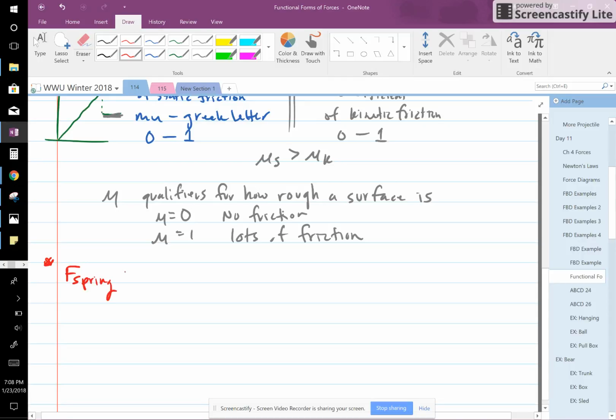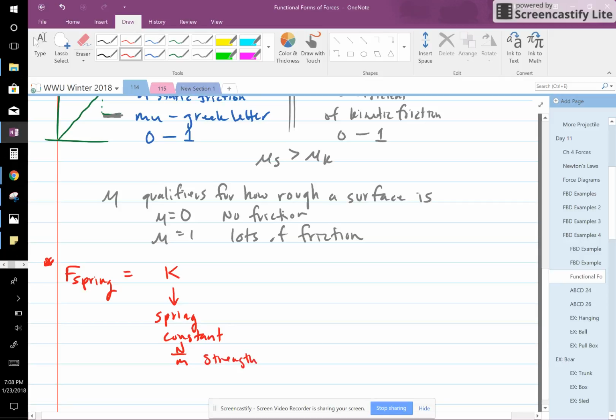The force due to the spring is dependent on two pieces. It's dependent on a k value, which is a spring constant. It's a value that has units of newtons per meter,